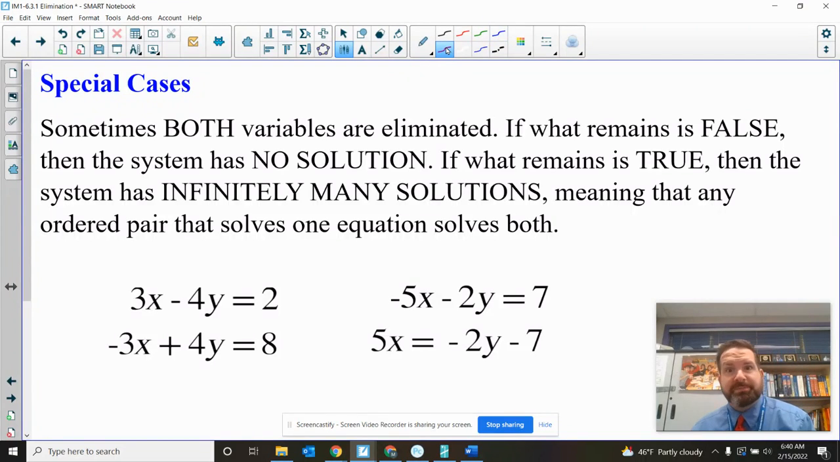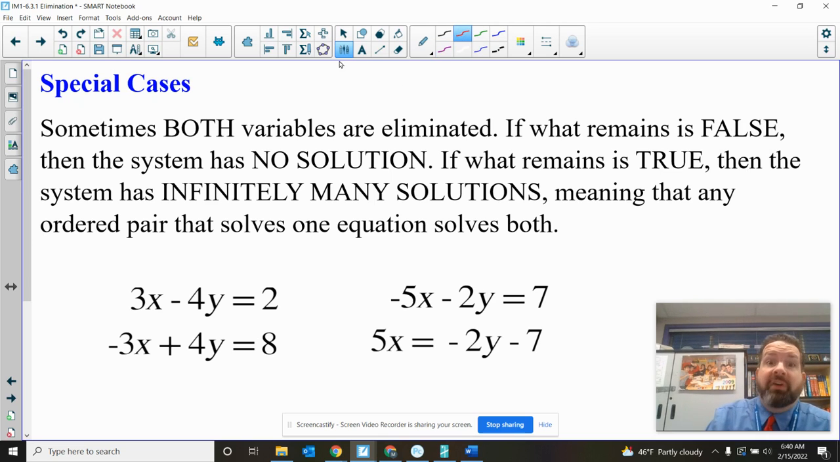There are two special cases I want you to be aware of. In both of them, what happens is not just one variable, but both variables end up being eliminated. That happens sometimes. When that does happen, you're going to be left with an equation that's just numbers, and sometimes